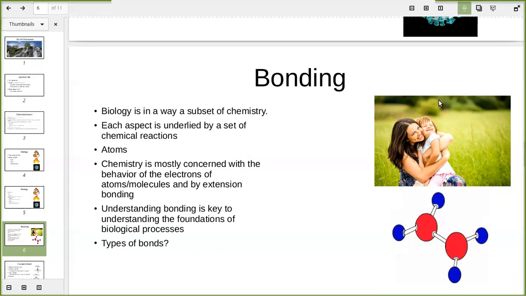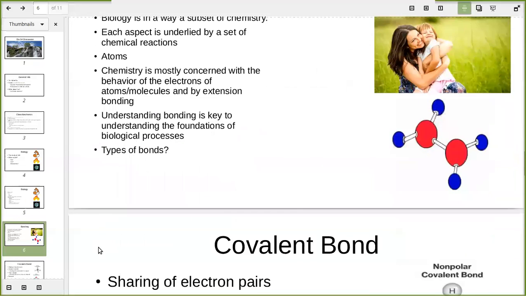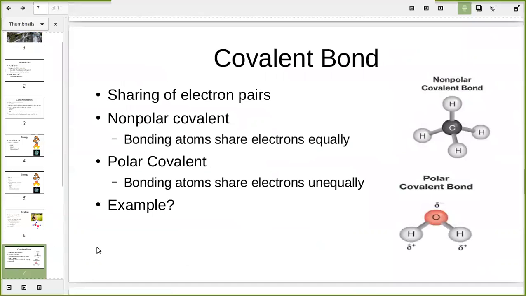Not the bonding you see over here, at least not totally, but the bonding you see over here, the molecular bonding. So this molecular bonding is the key to chemistry. And since chemistry underlies biology, if you want to understand a lot of biological processes, you're going to have to understand bonding. So what type of bonds do we need to go over? Well, there's a few fundamental bonds that we want to go over. The first type is the covalent bond, right? The simplest type of bond,